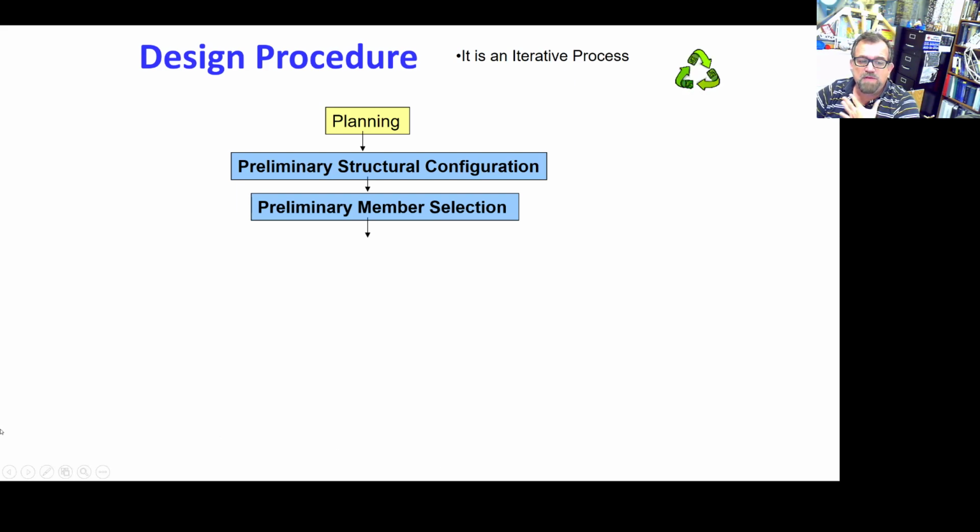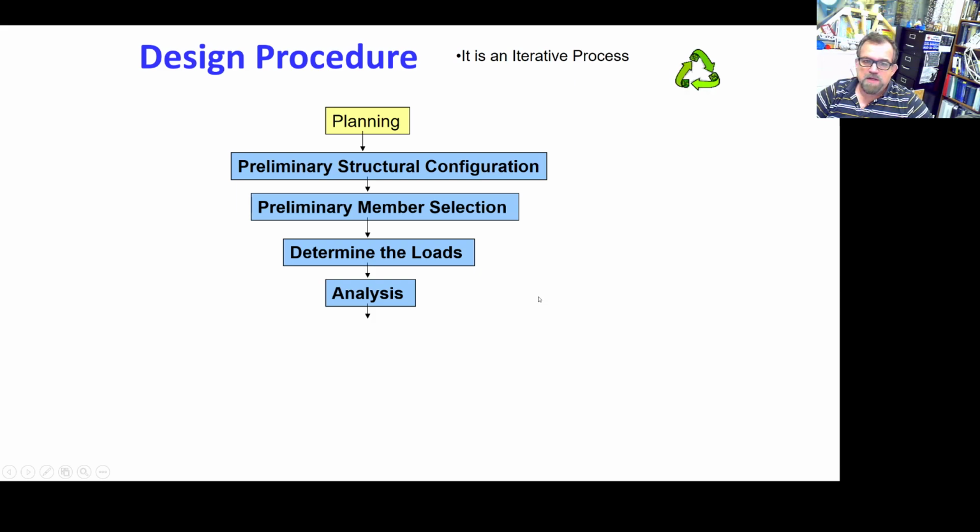So basically what you have to do is a preliminary member selection, in which experience also plays a major role. You get a feeling of the structure when you see it, and you might be right or you might be wrong, but it's a starting point. And once you have that preliminary member selection, then and only then can you have a comprehensive understanding of the magnitudes of the loads that are going to be acting here. Now, once you have the loads, then you perform the analysis,